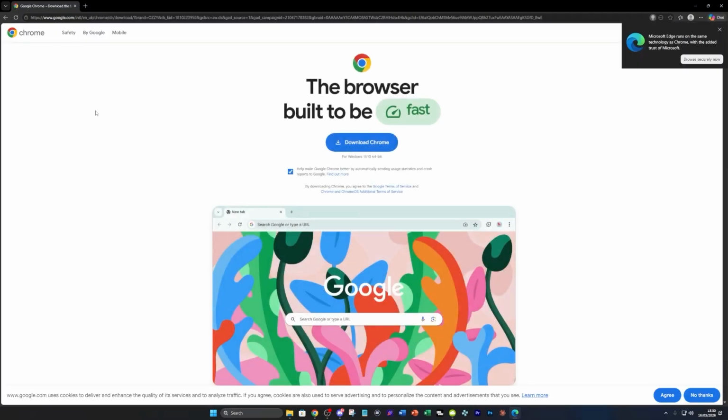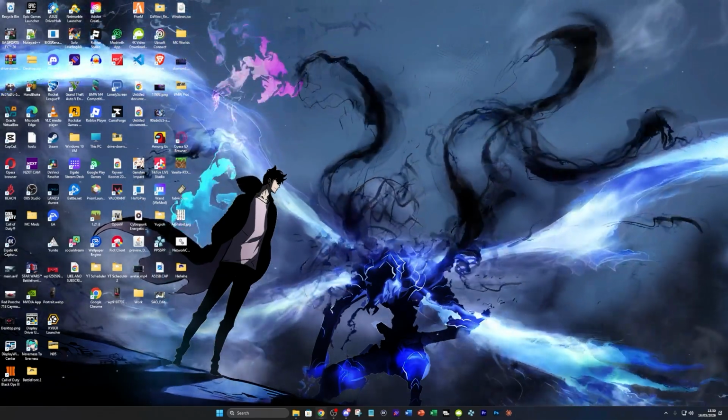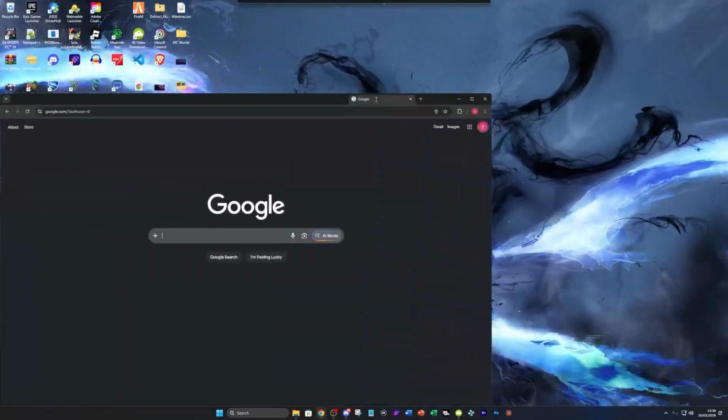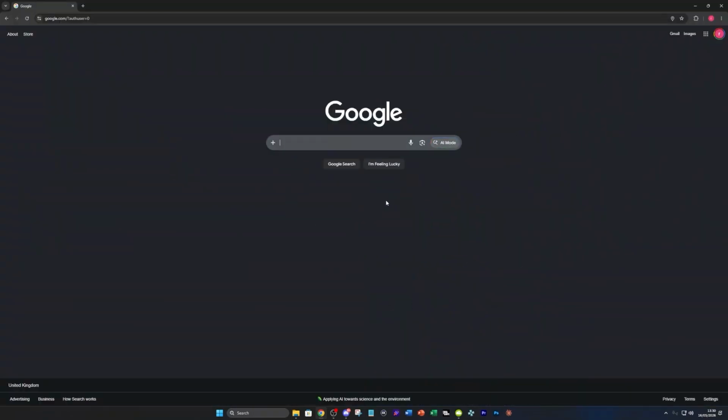download Chrome as the very first option. Now, all you want to do is press download Chrome here, and then it's going to run the installer. Now, once you go ahead and do that, it's going to ask you if you want to make your main browser your default browser, and Google Chrome should just open up